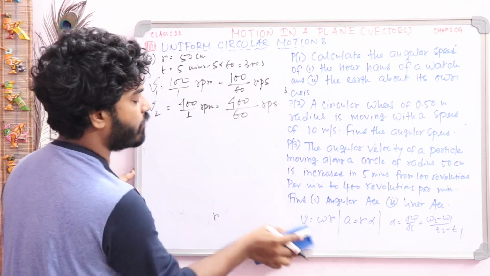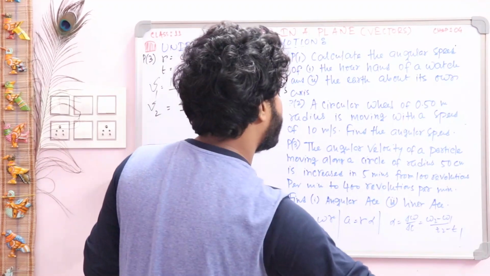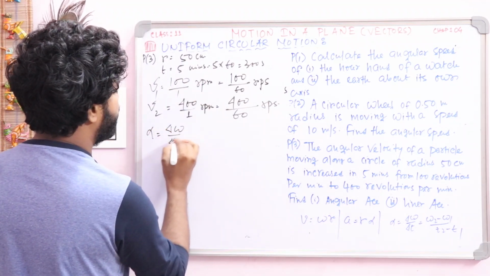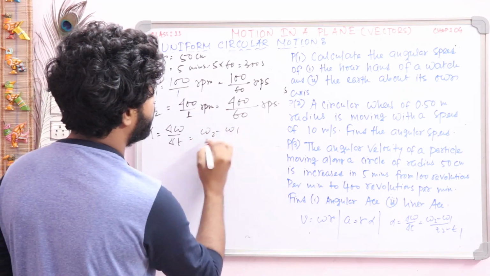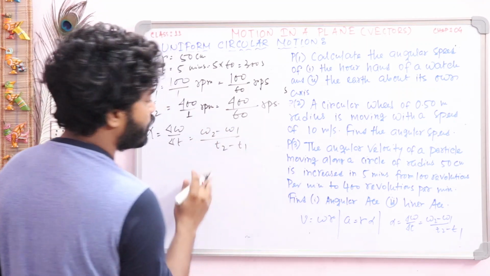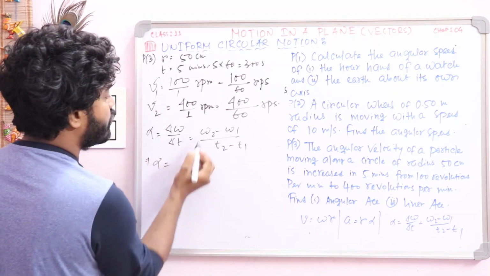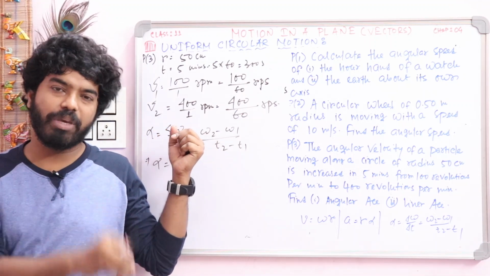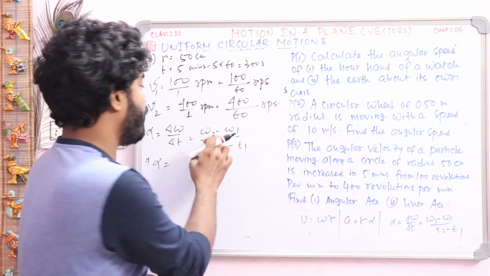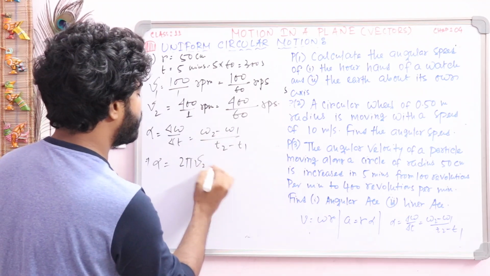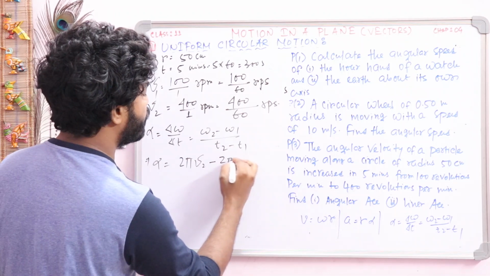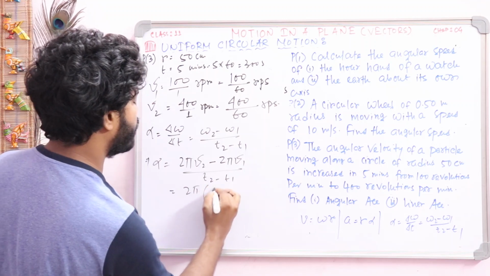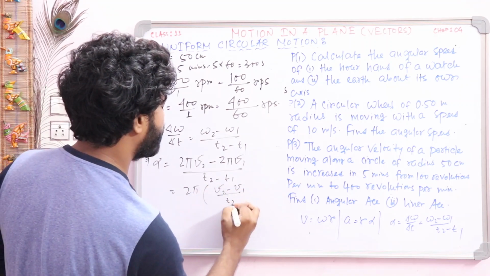Now we use the formula for finding angular acceleration. You see, this is the formula: alpha is equal to del omega by del t. In the place of del omega you can write omega 2 minus omega 1 divided by del t, that means t2 minus t1. Therefore alpha is equal to, now you know the relation between omega and nu, I already completed it here, that is omega equal to 2 pi nu. So here omega 2 will be 2 pi nu 2 minus omega 1 will be 2 pi nu 1, divided by t2 minus t1. Now simplify, 2 pi common, nu 2 minus nu 1 divided by t2 minus t1.